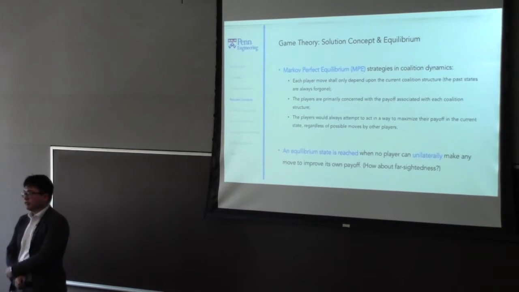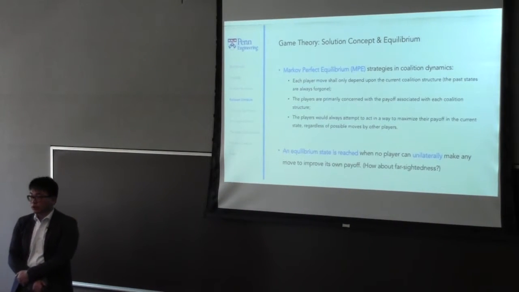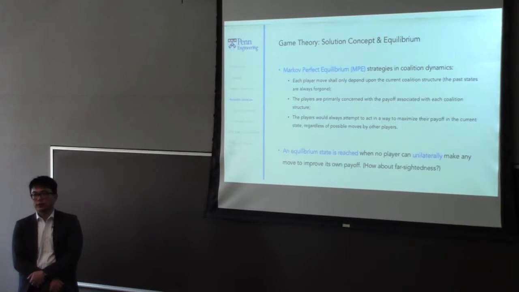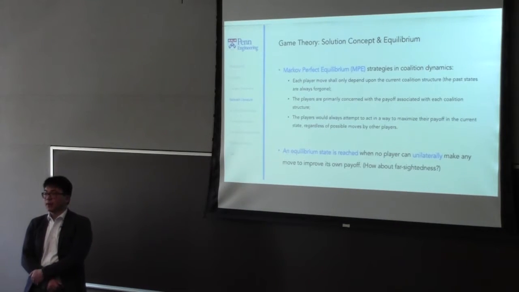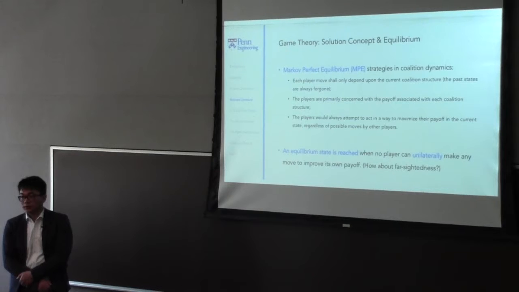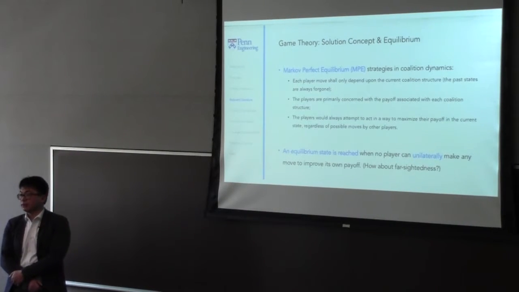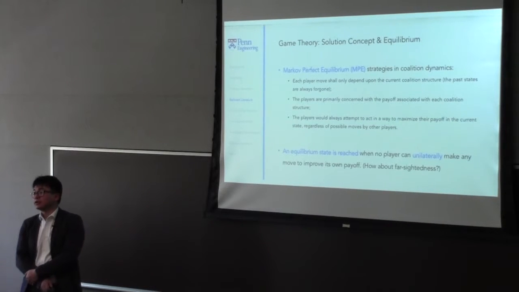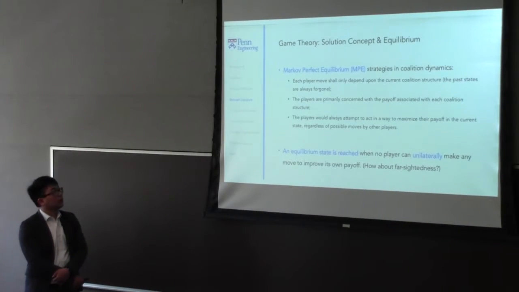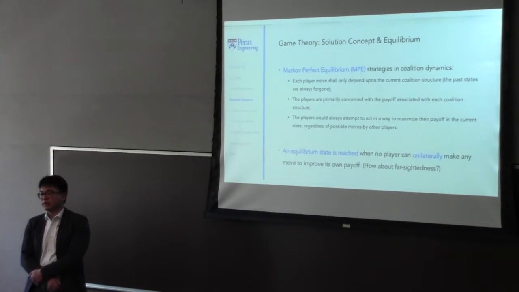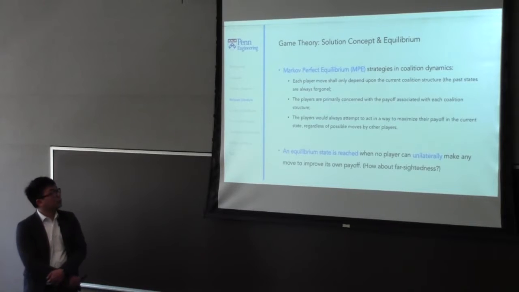And I mentioned earlier that farsightedness has changed this very definition a lot, because there are situations when a particular player does have the capacity to make a unilateral move to increase its own utility, but if you add the farsightedness property to it, you see that it will lead to a worse off state than where you are at the moment, and it will deter the agent from doing so. And that will change the equilibrium states, and also in many ways make the core concept non-empty. So, we'll talk about it in a bit when we look at the state diagrams.